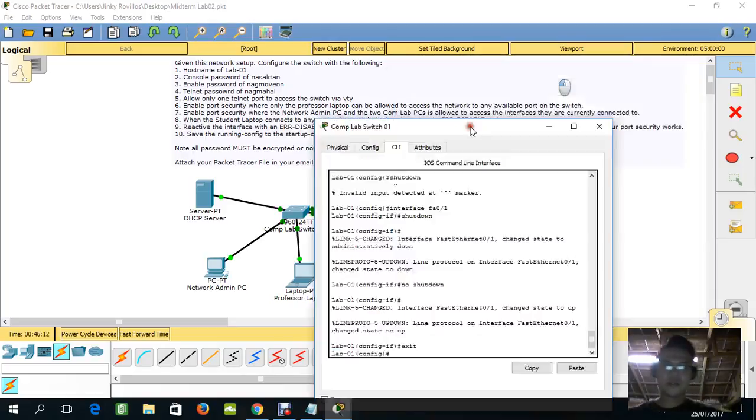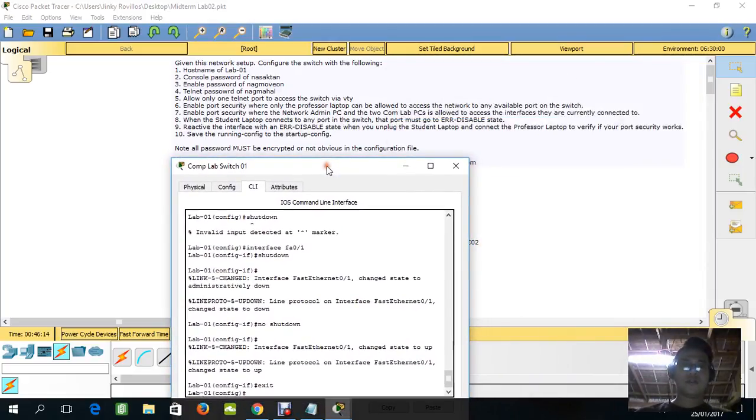Then we're going to do this one, the note: all passwords must be encrypted or not obvious in the configuration file.